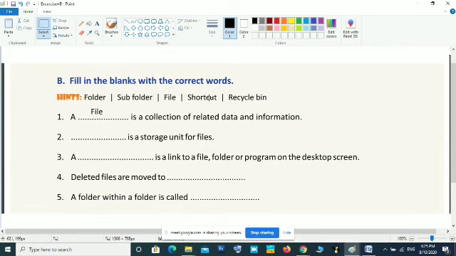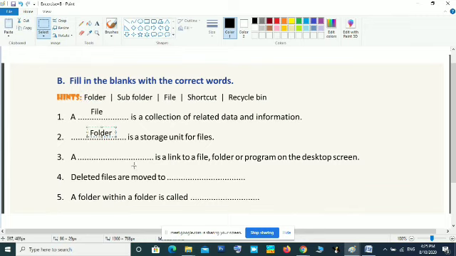Okay, data and information can be only stored in files. Folder is a place for keeping files. Then dash is a storage unit of files. Folder. Okay, folder is a storage unit or a storage place of files.